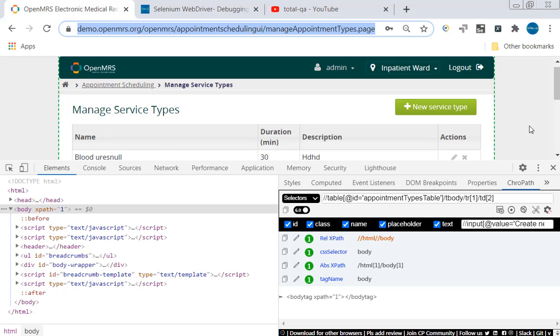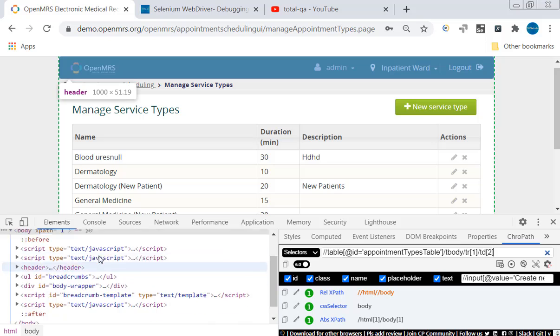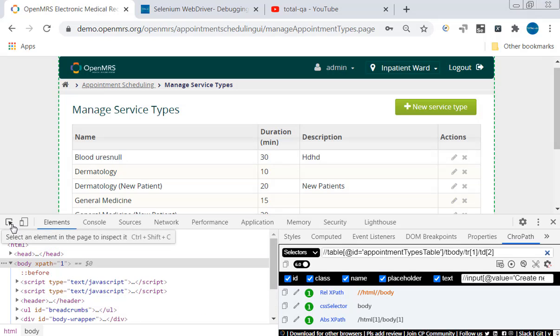If you look here, there is a website named OpenMRS. In this website, we have a table with multiple rows and 4 columns. If you look at the source code, let me highlight the table.